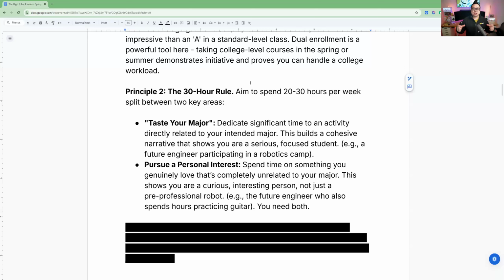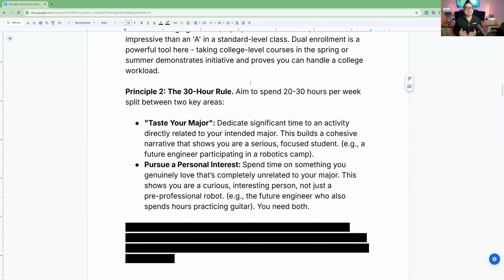Doing things within the context of your major, we call that tasting your major. A little spoiler: one of the essay questions next year is going to ask why you want to be your major. We do this so we can answer that question. You want to say, I want to be this major not because in the future I want to do this, but because in the past I've done these and I want to continue doing this when I come to college.